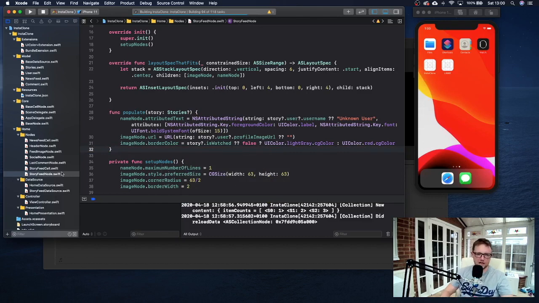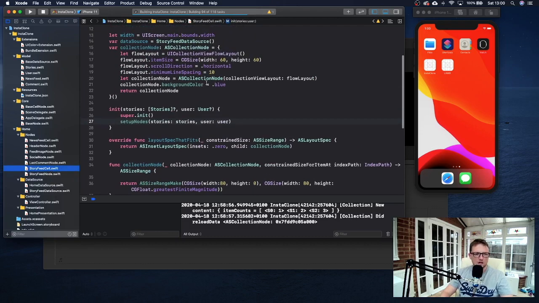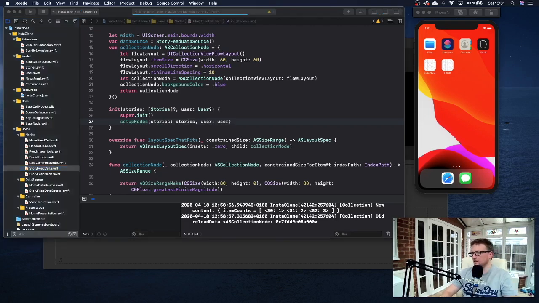So now if we build and run that, we'll see red circles and grey circles, and we won't have the green background anymore. And then our next task is to get rid of that blue background, which we will just make our collection node background color to be clear. And then that's pretty much it in regards to pulling in the data